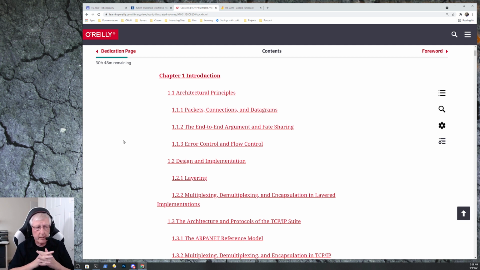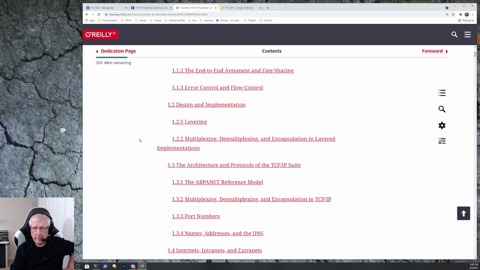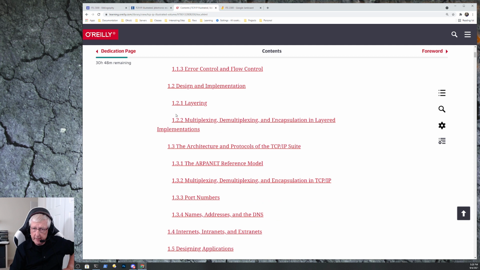The end-to-end argument is something that you'll stumble across when you read about the internet. So you want to know what it is, and be able to intelligently talk about what was really said about it. There's a lot of misconceptions about that. All right, we definitely want to read the section on layering,